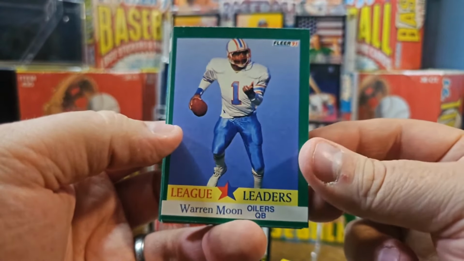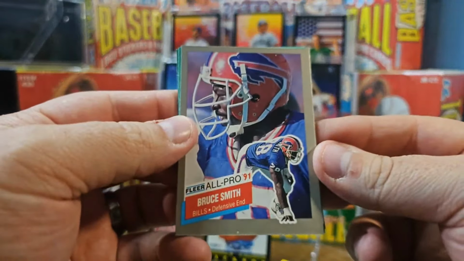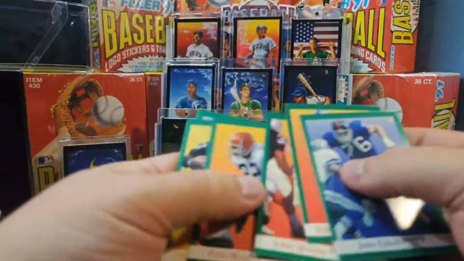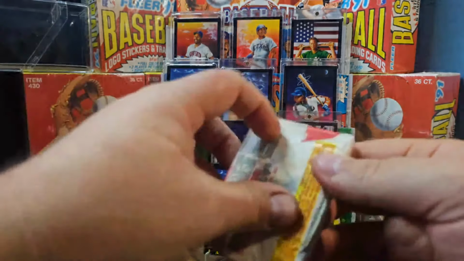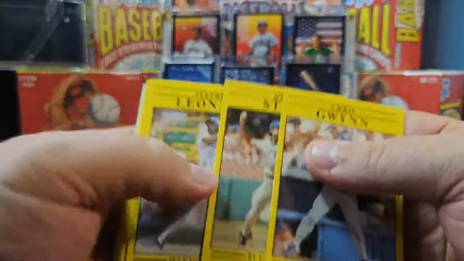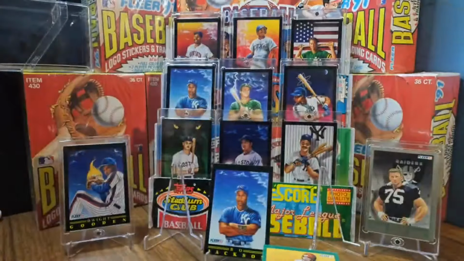So we got a Warren Moon, league leaders. Oh, I was wrong. We got the Bruce Smith All-Pro. I saw that gray border and got excited. All right, got Boomer. All right, let's get out of this football thing here. Oh, man. We're moving pretty quickly through these commons. I just want to get as many opportunities as we can to see